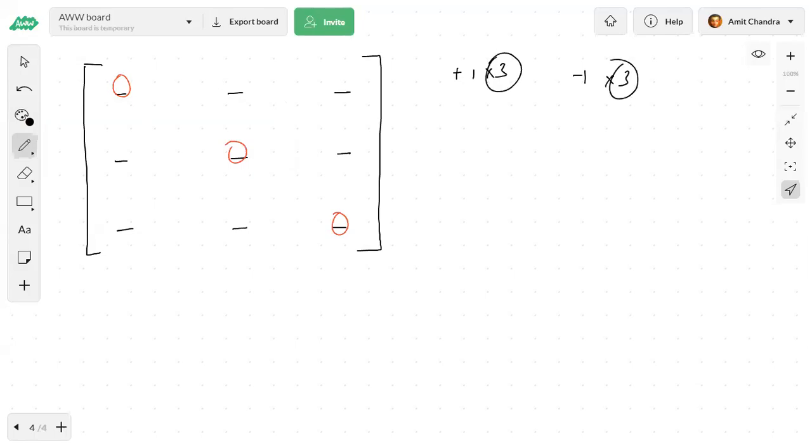Now see, if I put plus 1 here, I have to put minus 1 here. There is no other option. If I put minus 1 here, I have to put plus 1 here. There is no other option. I cannot put minus and minus or plus and plus at the same time because it's a skew symmetric matrix. Same thing will happen with this place. So that means minus 1 and plus 1 will always occur in a pair. One pair I can form for this one, and one pair I can form for these.